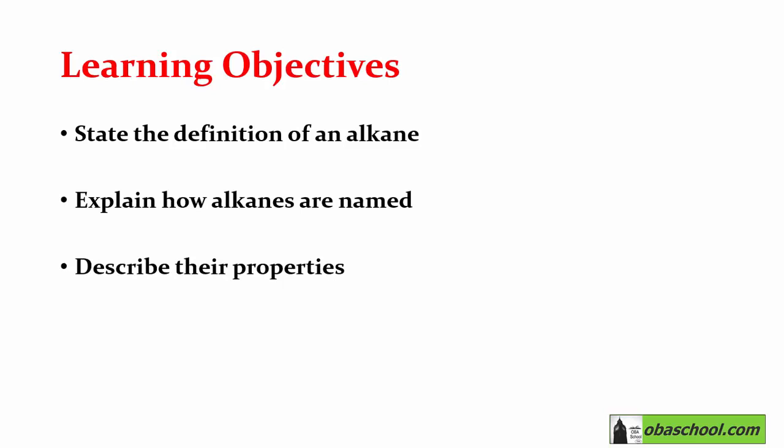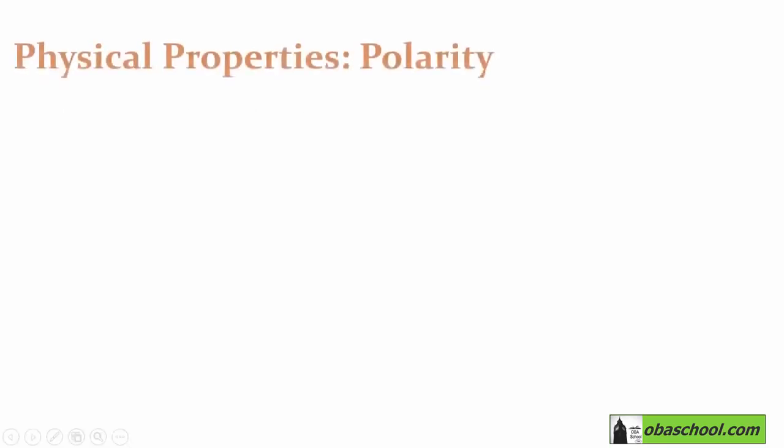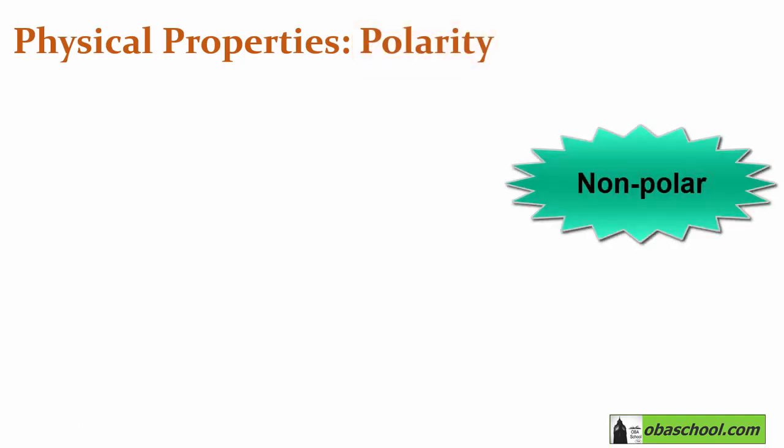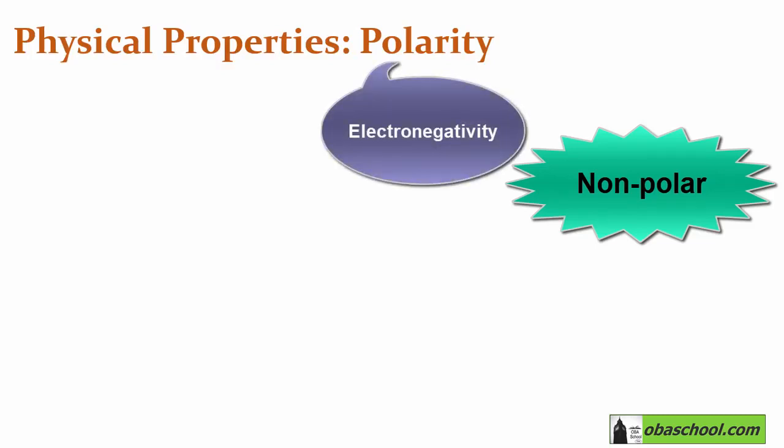In this and the upcoming tutorial, we will be describing the properties of alkanes, so we will be working on the third objective of this section. The first physical property is polarity. Alkanes are almost non-polar. Remember that the polarity of a given molecule depends on the electronegativity of the atoms in